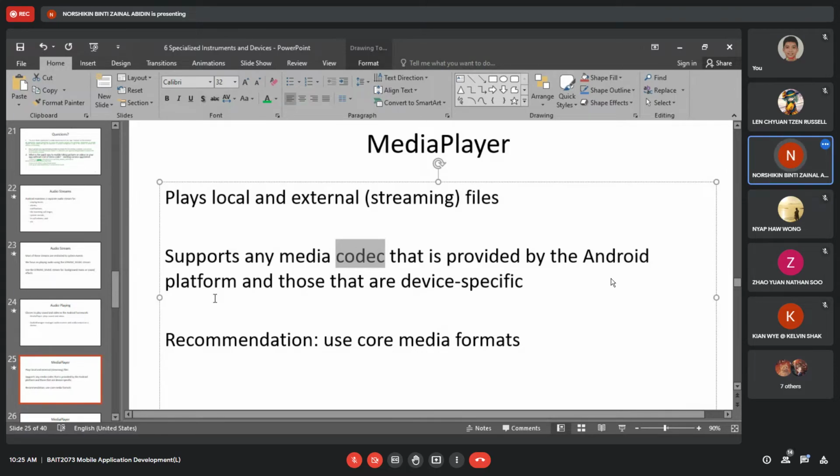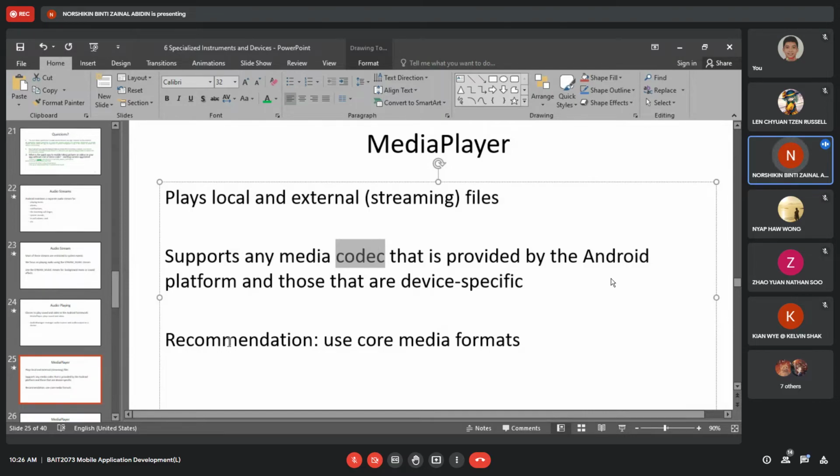That means you need to use a specific device, that one particular device, to open this type of media, this type of file. But like I said, I think our smartphones now, because we have the latest technology, should already have this function. That means you can open almost all types of files using one smartphone.